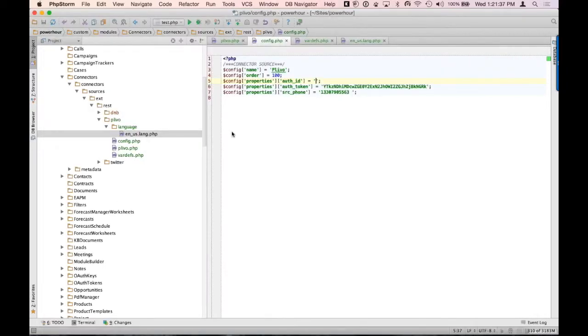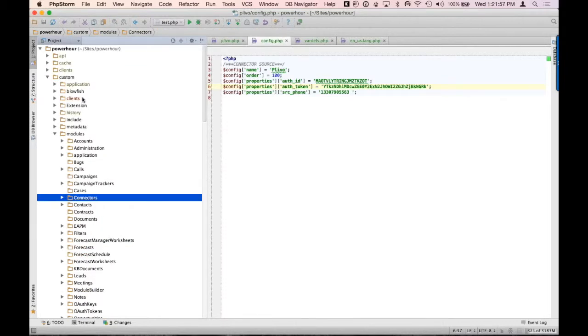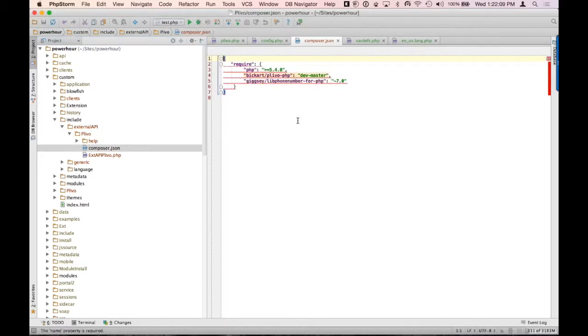So that gives me a good place to start of what it is that I now want to be able to do. All I basically built that for was the ability to make it so that I can store information. So the next thing that I want to be able to do is have the ability to communicate to my third-party web service. And so I actually built an external API to Plivo. One of the things that I did was I built inside of my tool the ability to have a third-party web service communicate to Plivo, and I built a package